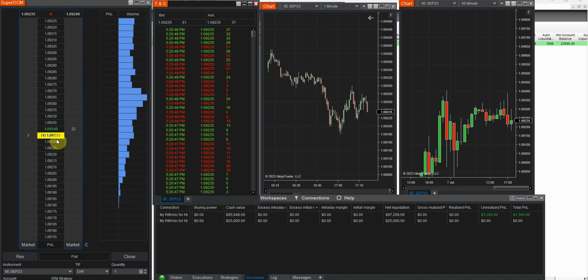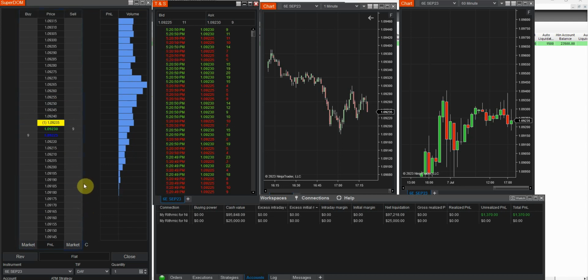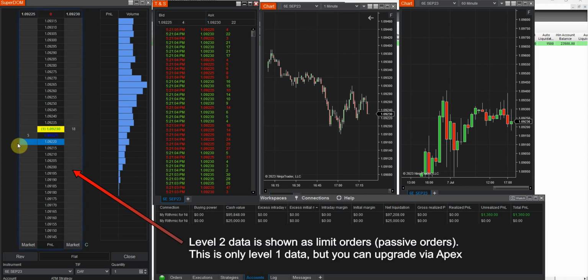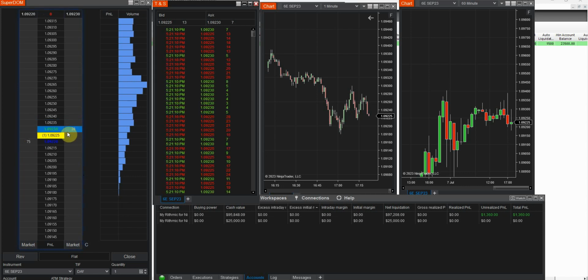And hopefully what we'll see is it'll push right down and start seeing a bit of strength. So we'll start seeing some strength come back in the time and sales, what's happening right now. Unfortunately, in the SuperDOM, we don't see necessarily what's actually being bought and sold. We only see the limit orders either side at the current market price. We don't see the depth because we don't have the level 2 data,